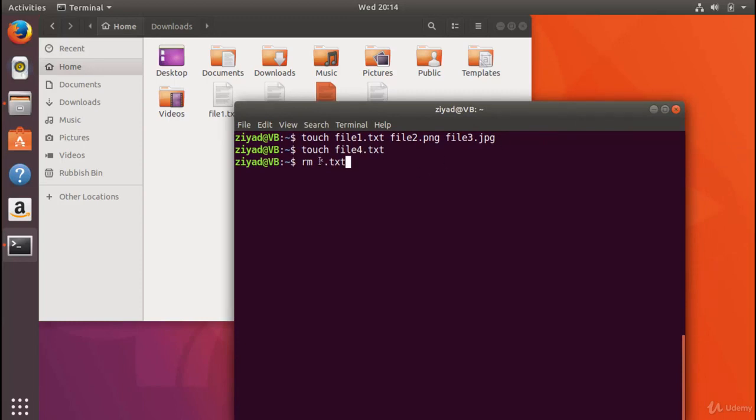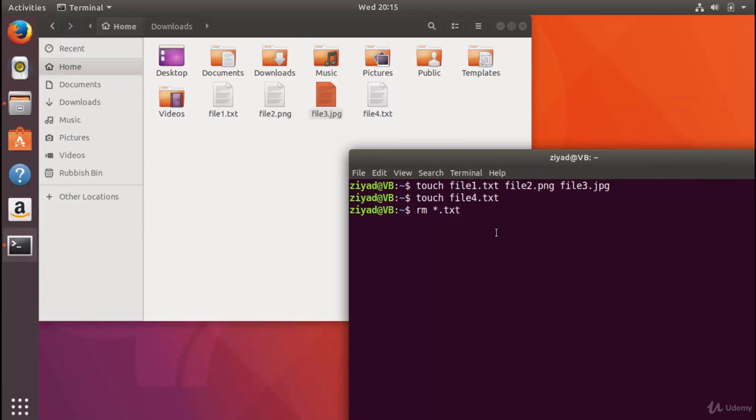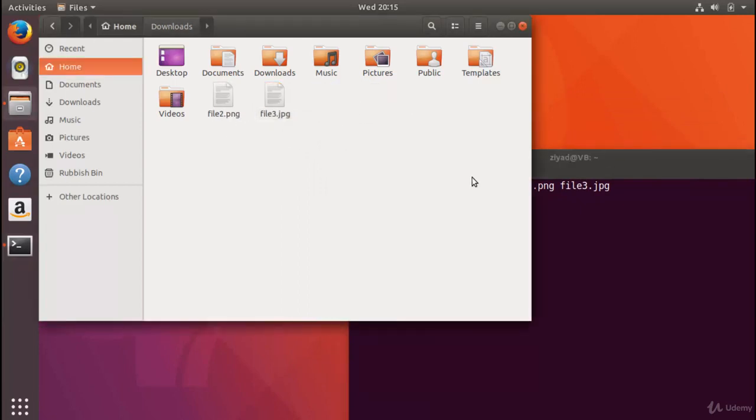So the star means anything. Anything could go there. So this whole thing is our pattern, okay? The star means anything, and then .txt. So what this means is, for anything to match that pattern, all it has to do is end in .txt, right? So basically what this is saying is remove everything that ends in .txt. And when we press enter on that, you see that file 1 and file 4 have been deleted